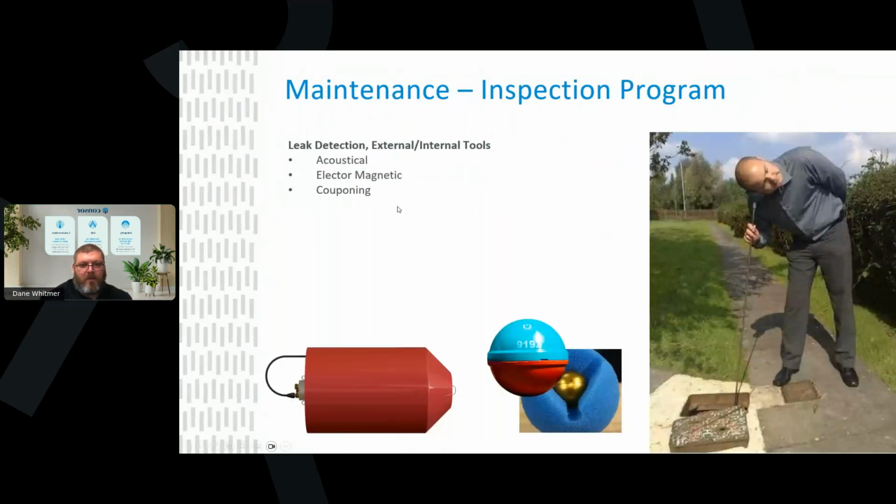Maintenance can include leak detection. There's internal ways to check for leak detection. This is an old school and still used method of a listening wand, and checking to see if there's a leak through the meter. There's smart balls might be one, or Piper or I2I type devices, that can help with identifying not only if there's a leak or air pocket, but also some of them help with getting the wall thickness.